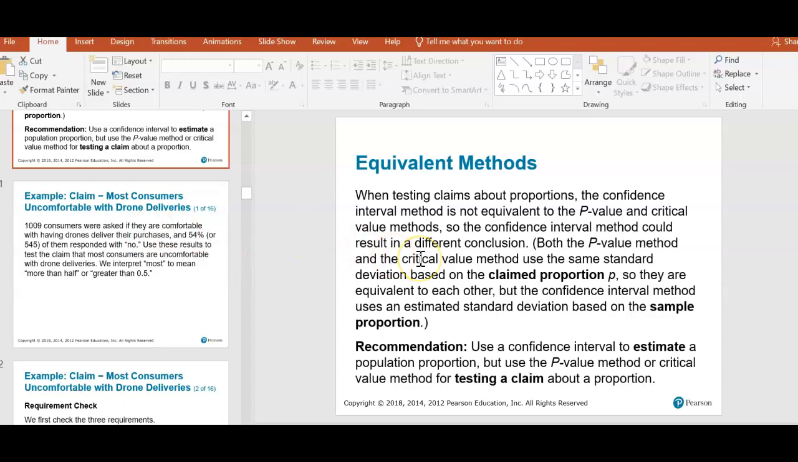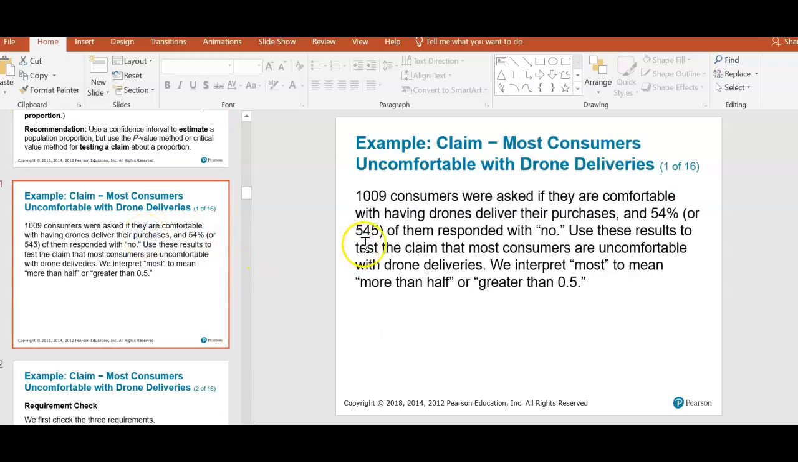Now for means and for standard deviations, those methods are actually identical, but for proportions they are not. So